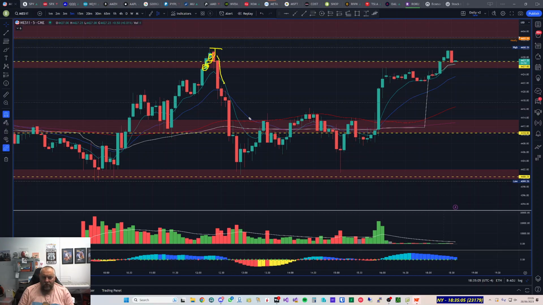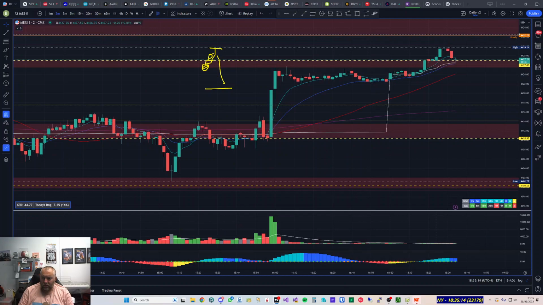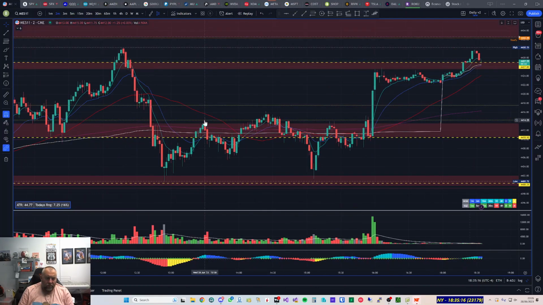I was then looking for an add, so I took profit as we came through to here, and then on the 2 minute chart, we had this little area here where it was chopping around, putting in a bit of a bear flag. So what I did is I took an add. It was on the pullback here. In fact, it wasn't there. I was looking to get in there, but in the end, it was on the break of that candle.